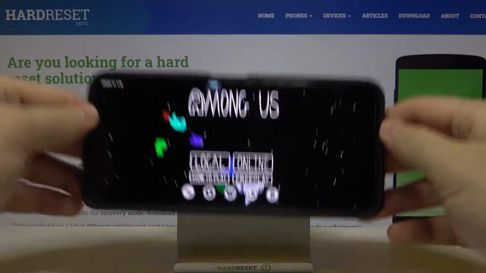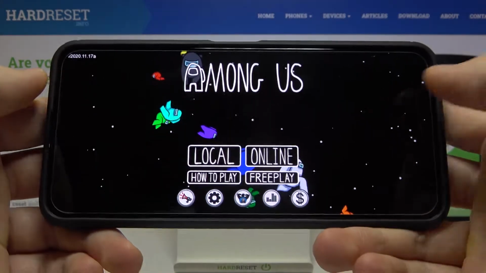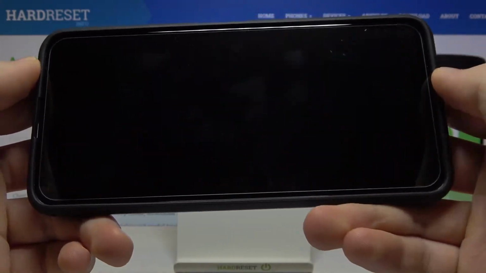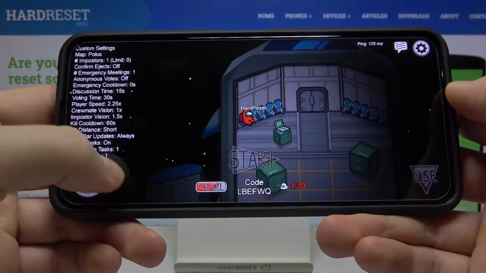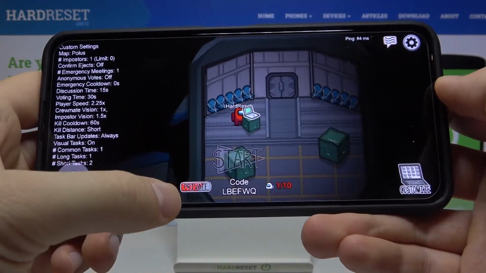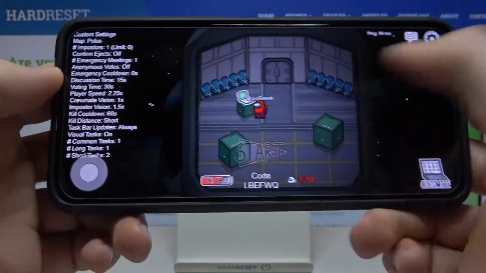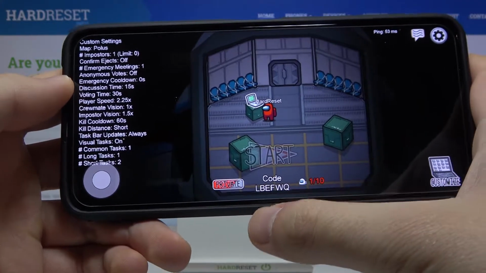Welcome. If you want to set your online game as private in Among Us, at first you have to create a game. Right here, let's click. And as you can see, here we got this private feature. So currently this game is set as private, and to enter this game we have to input this code